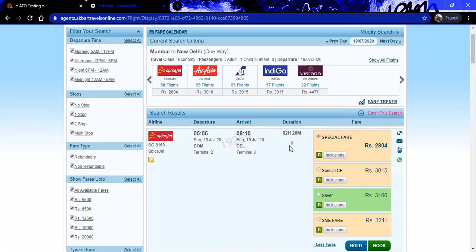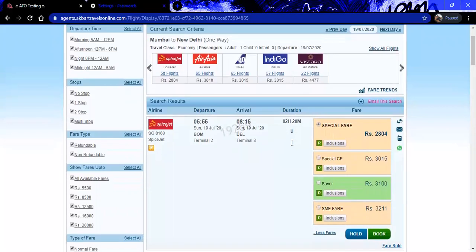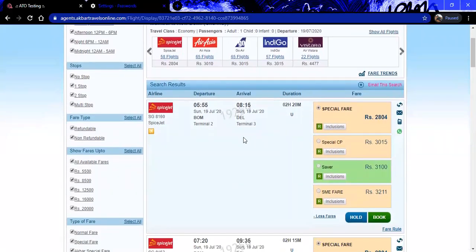Each and every fare has a different fare basis code, and according to the fares, we are showing it on the portal. This selected flight is of SpiceJet, and this is called the fare head. What the fare head is and how to identify the fares.